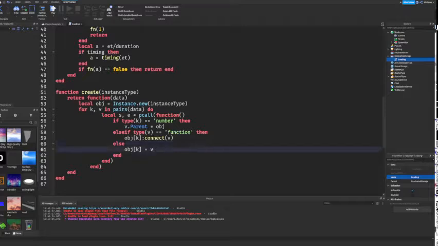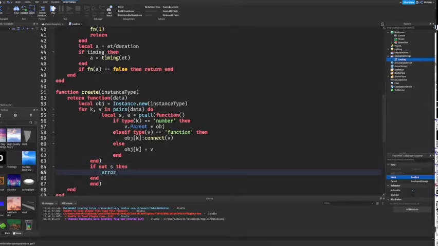Okay. So now what you're gonna want to do is go to the second end after v, and then do an enter and type in if not s then error